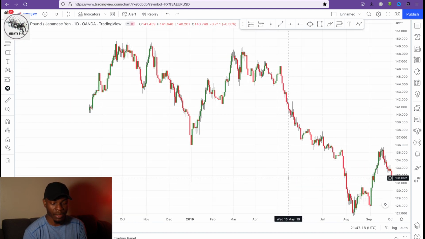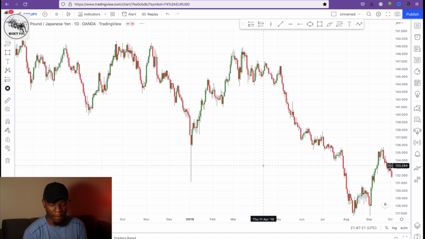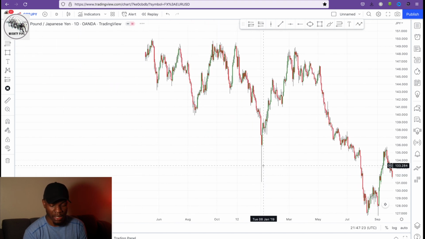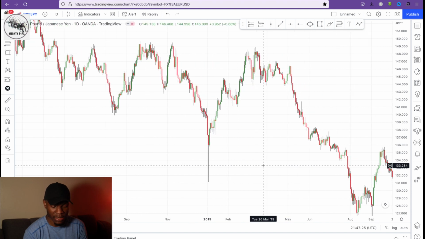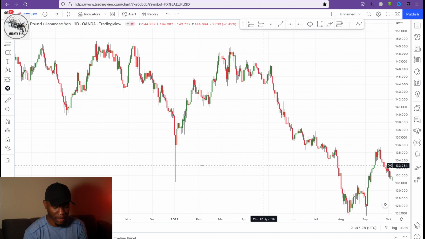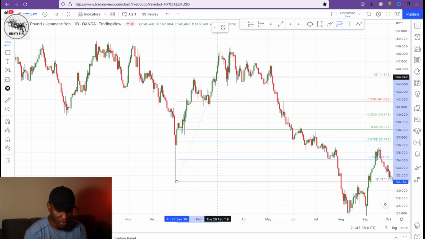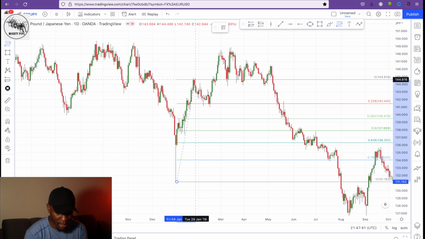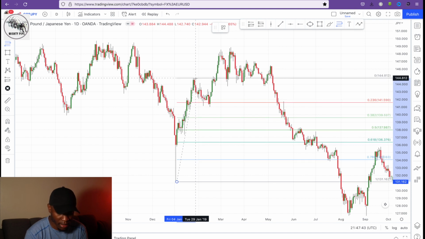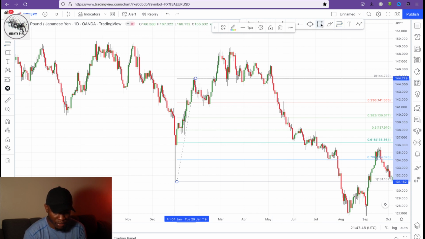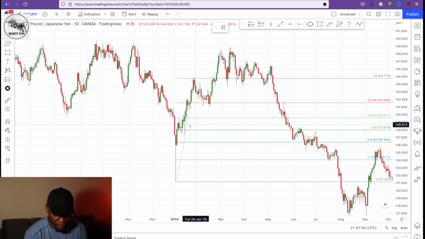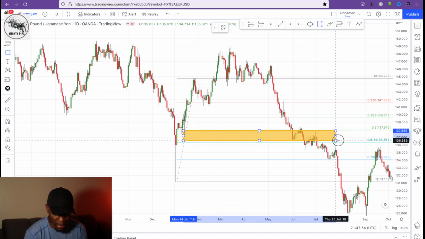Guys, so we could also look at this area here. If you want to, you could see if that would work out here. Draw Fibonacci from here and draw it to this area here, because that was where the retracement was. And if you draw your golden zone, which is this area here,